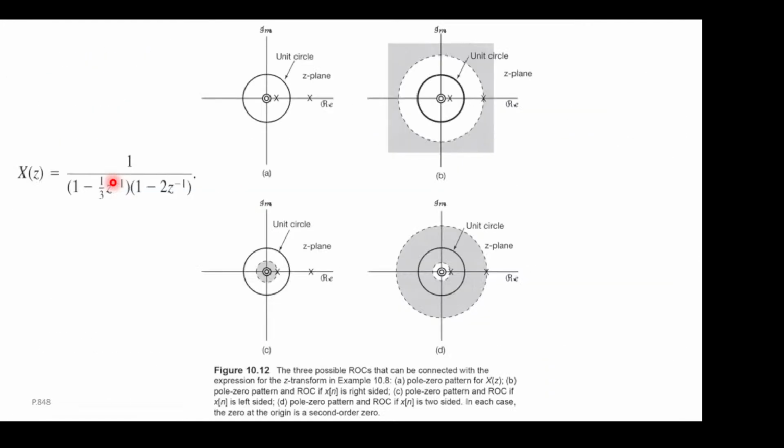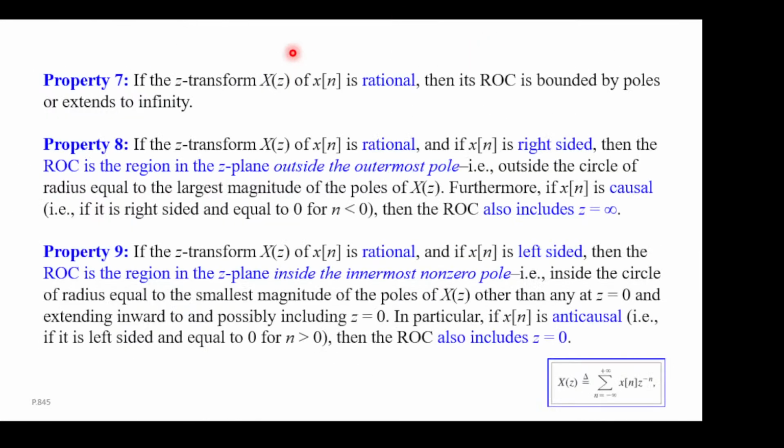Maybe let's use this. Say your function is rational, and there are 2 poles. If it's right-sided, then you should take the outermost ROC, the one outside your pole and possibly pushed to infinity. But now once again we have the caveat that we had before. The ROC is the outermost one, but infinity might not be in your ROC